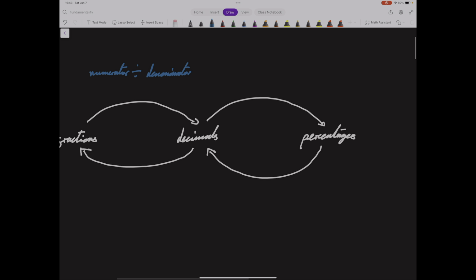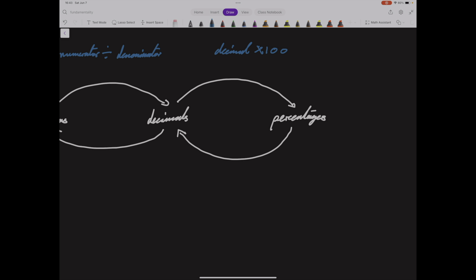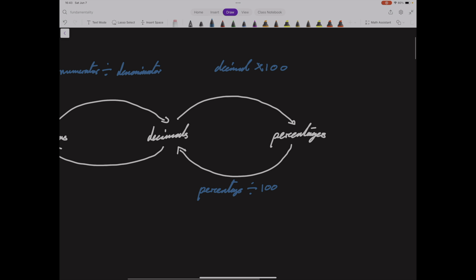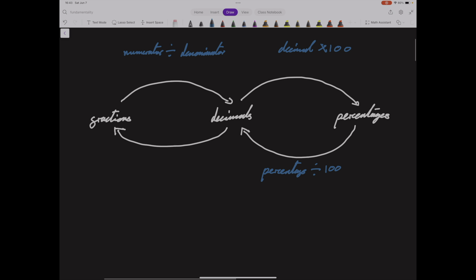Now decimals to percentages, you get your decimal, you times it by 100. Percentage to decimals, you get your percentage, and you do the opposite, you divide it by 100. These two aren't the hardest to remember. I suppose you could get the weight mixed up, but no one does that. Decimals to fractions,